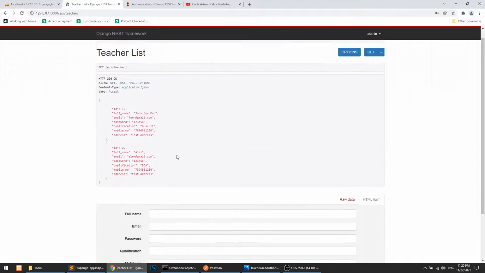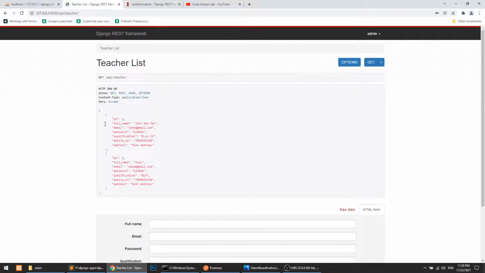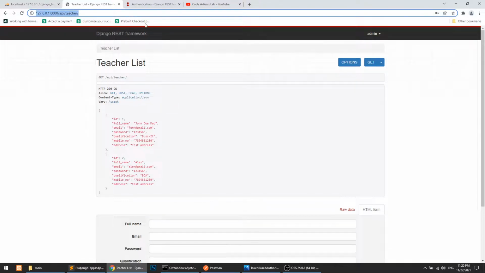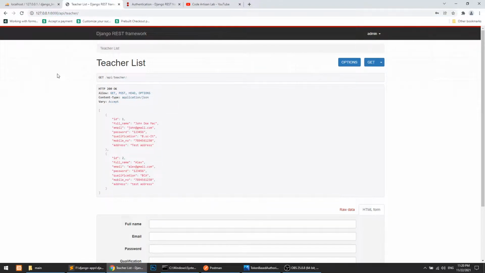This is working as follows: if I log in, it saves the data in the session, and the next time when I hit the URL, it reads the session and provides me data, and it confirms that the user is logged in. Suppose I'm not hitting this URL via a web framework, but via mobile, then how will it work? I have to send the username and password every time. This is one option.